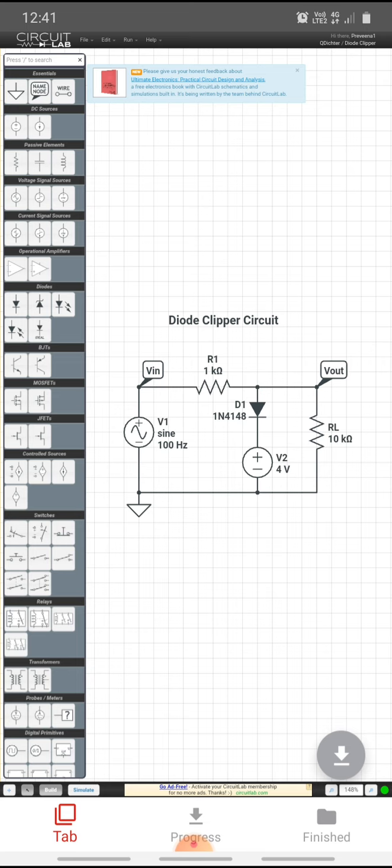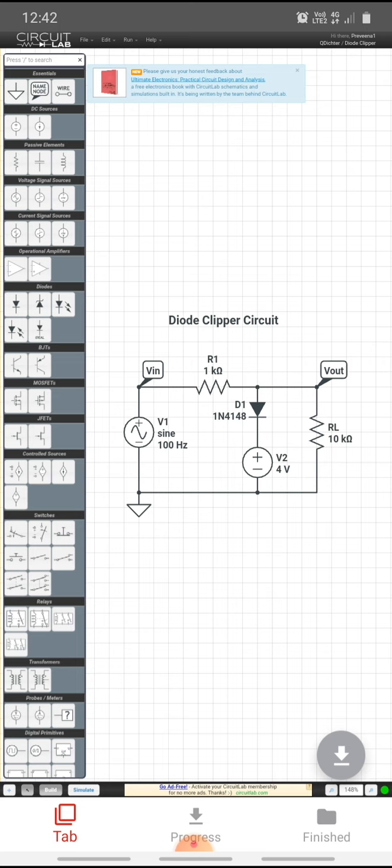Next, you can place the diode. You can see in the toolbox, diode symbols are there. So you can directly click on the vertical diode and drag it onto the workspace. The diode will come here, and you can set the name of the diode by double clicking on it. Similarly, there is a symbol for the input voltage source, and you can double click on that voltage source and write the parameters like V input 20 volt peak to peak and frequency 1000 hertz, like that.